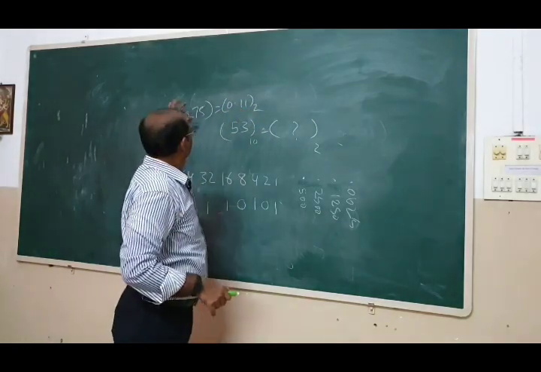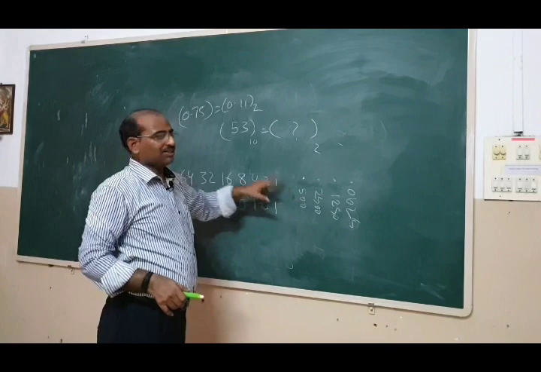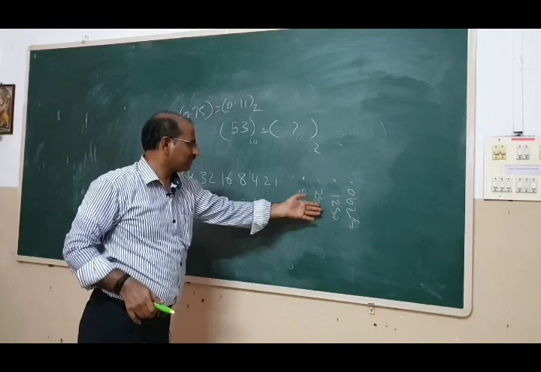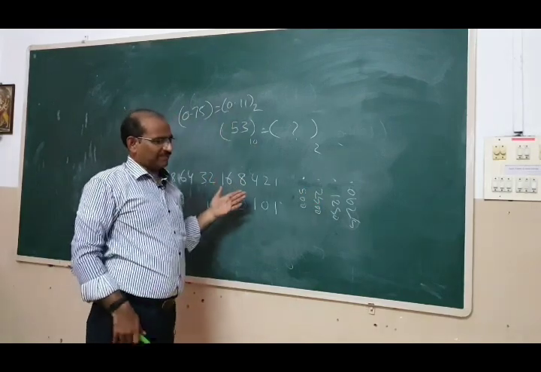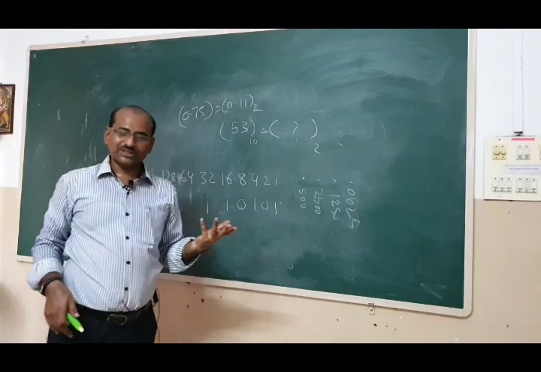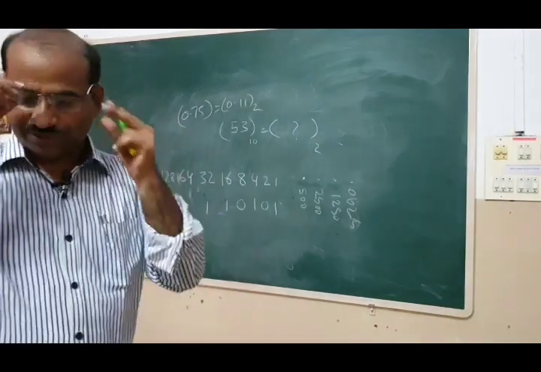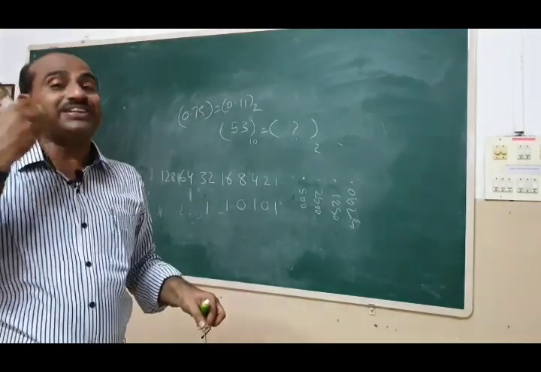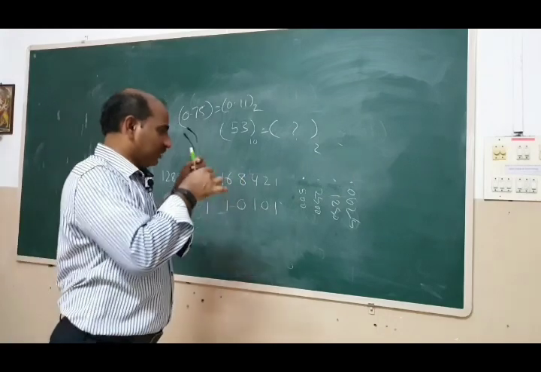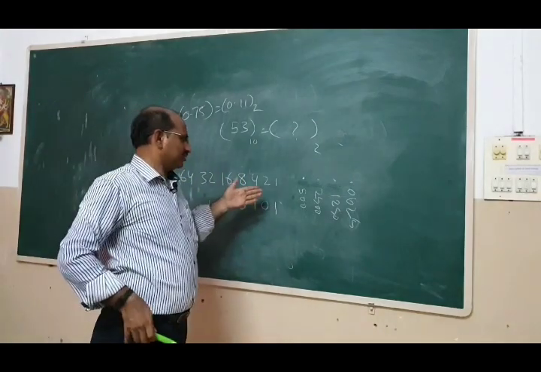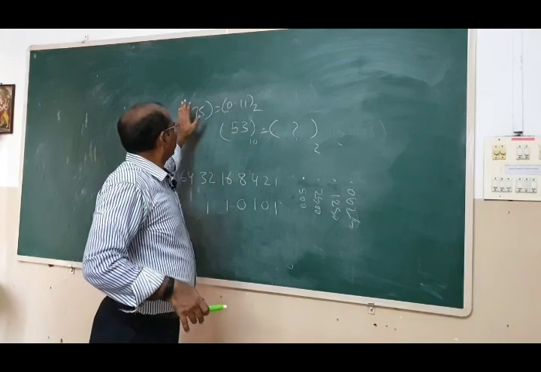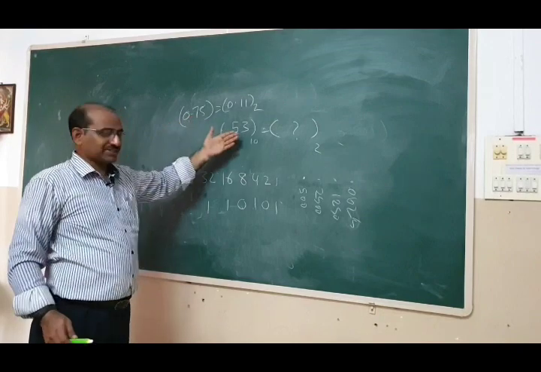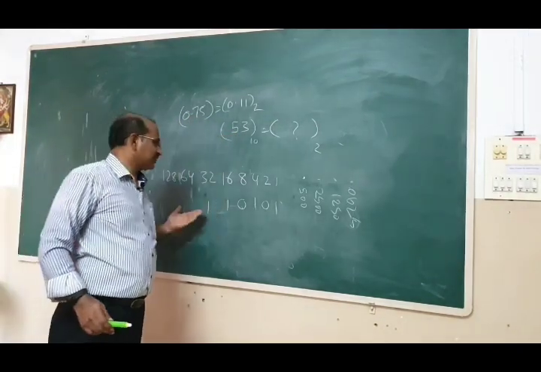So here also for 0.75, 0.5 is the nearest one. 0.75 minus 0.5 is 0.25, again you take 0.25. So 0.5 plus 0.25 is this one. For fractional numbers, maybe the multiplication by 2 is better. It depends on you. If you are convenient with this one, you can do it like this. In general, students feel convenient converting fractions with the earlier method, but integers like 53 or 26 can be done using this method.